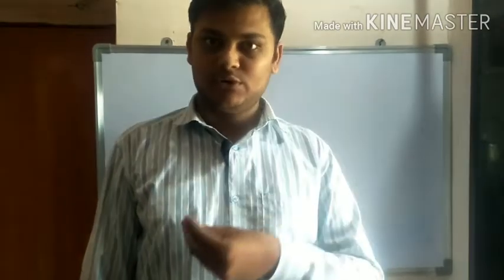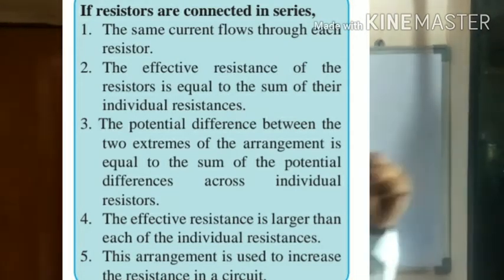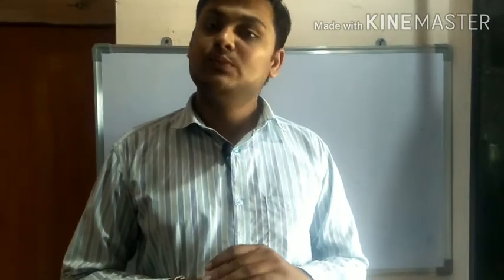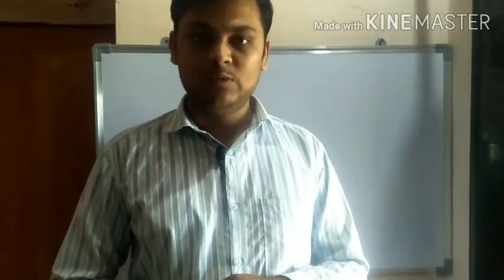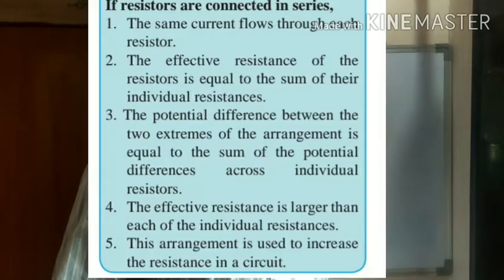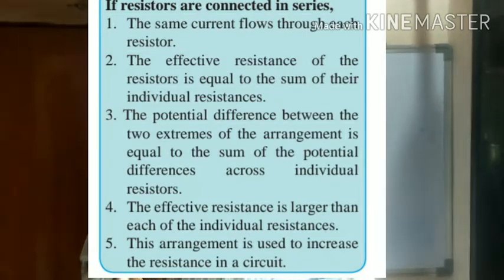Now we are going to take some numerical, but before starting the numerical, I'll show you on the screen right now. On the screen you are able to see some of the points are given, so you must have to copy these points in your notebook because these are important, and it is nothing but all the information which we have correlated with the series resistor. Right now on the screen you are able to see these points. You must have to write down each and every point. Pause the video, write it down. Okay, now we are going to take some numericals.